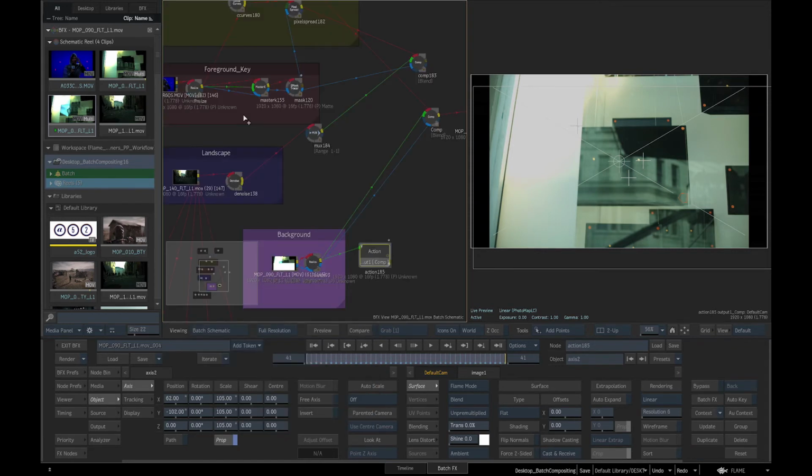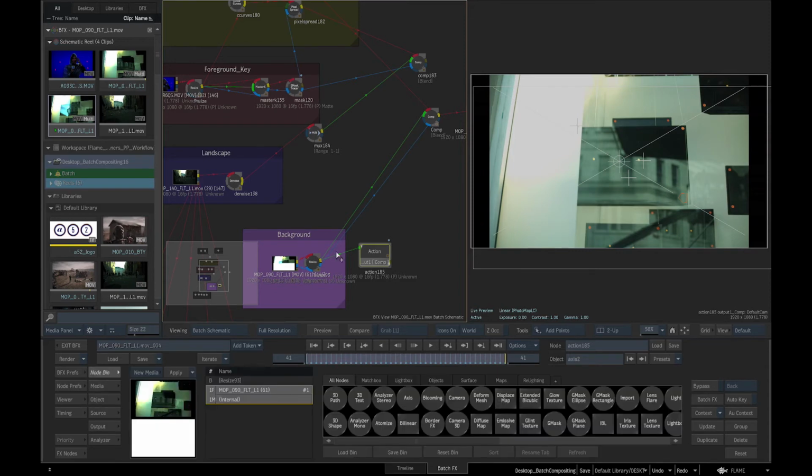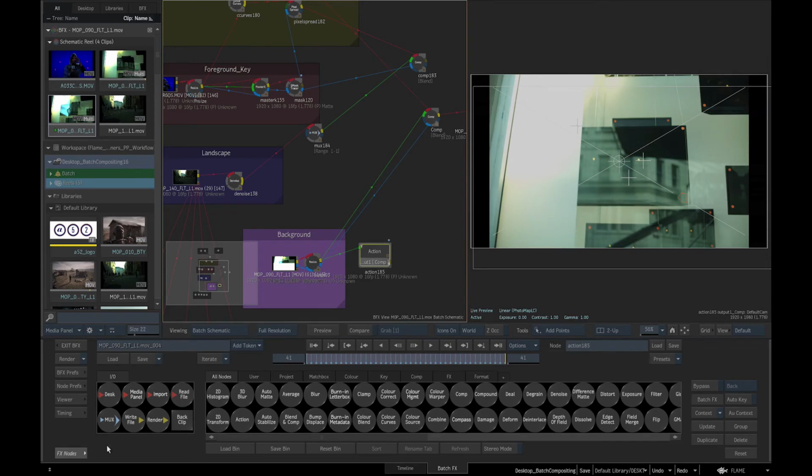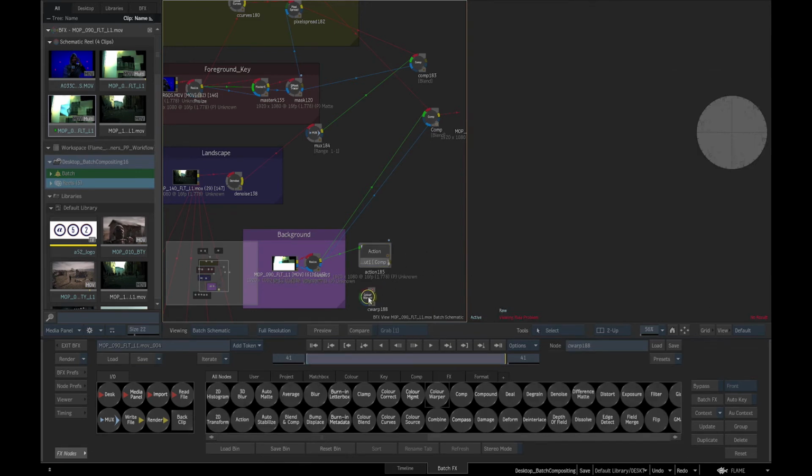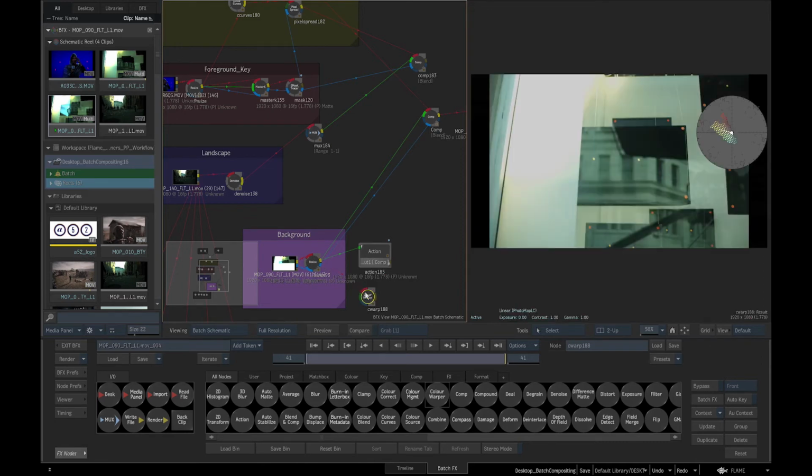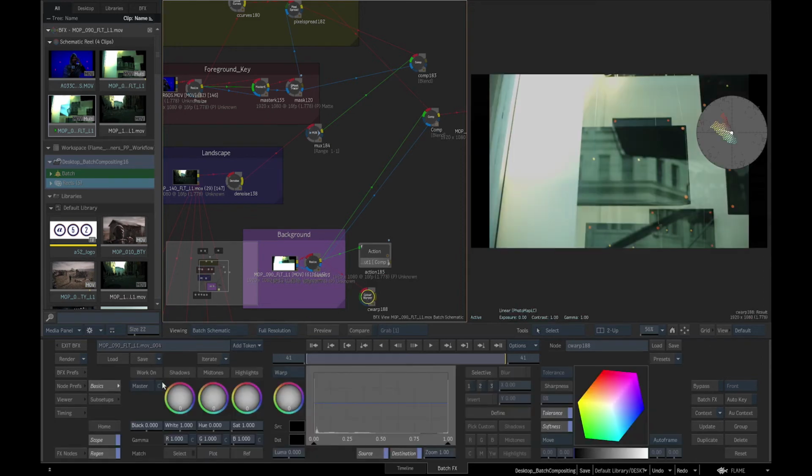We will first change the color of the tracking markers using Color Warper, which can both key the trackers and color correct them. We will add a Color Warper node and connect it to the background clip. In Color Warper, we will select Selection 1 under Work on menu and click on R under Define menu. The tracking markers are now isolated and we can desaturate them by bringing down saturation and darken them by bringing